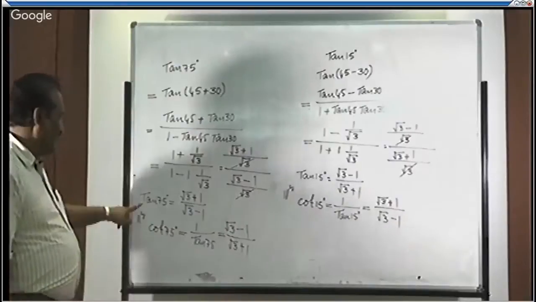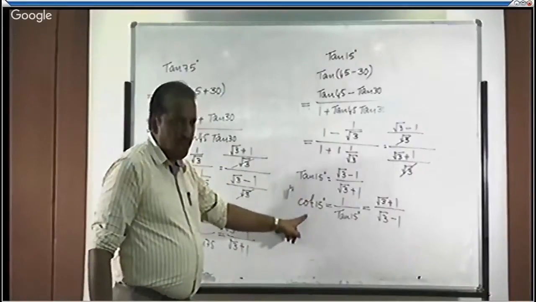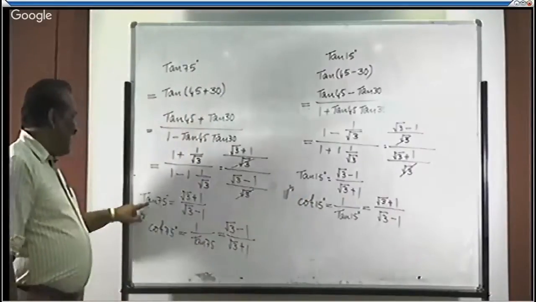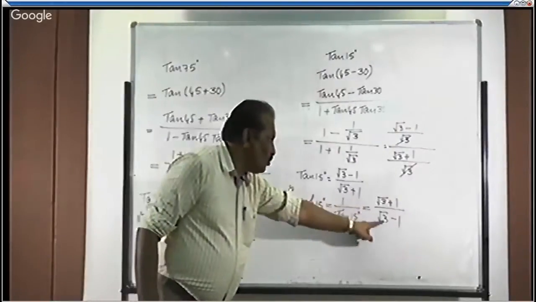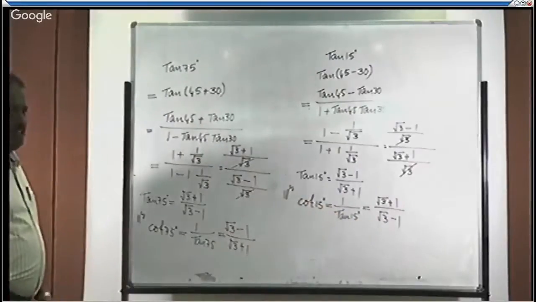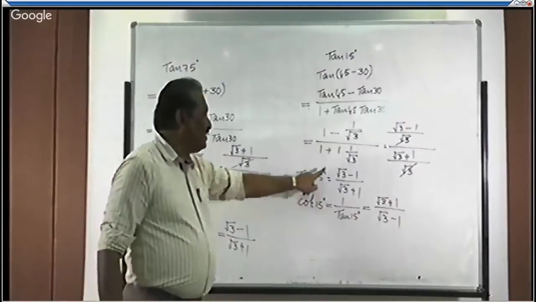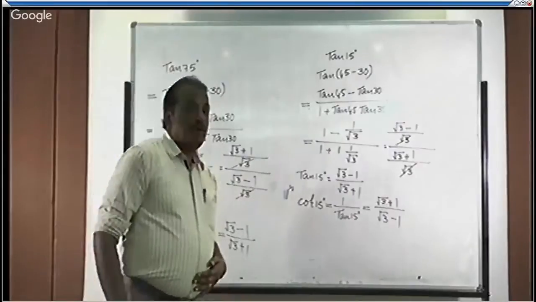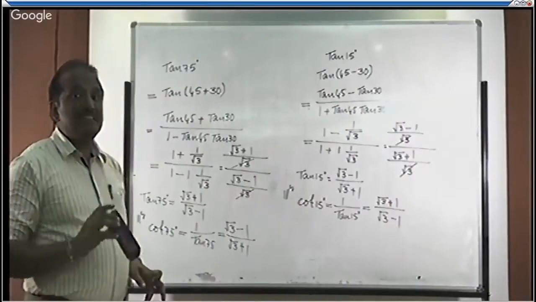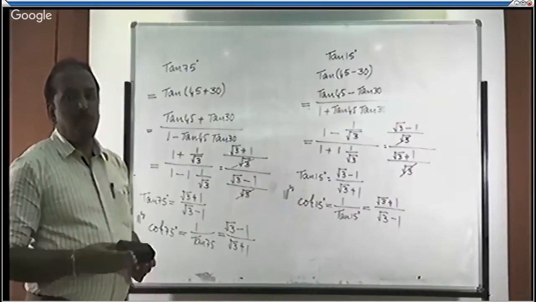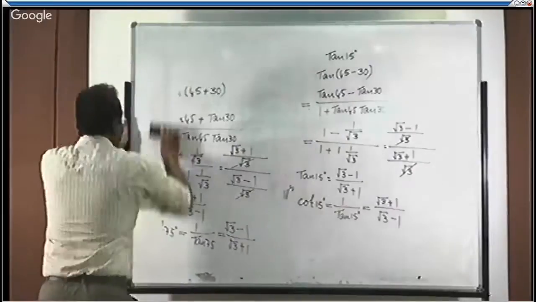Observe these four results: tan 75 degree, cot 75 degree, tan 15 degree and cot 15 degree. So you may get a conclusion: tan 75 degree is equal to cot 15 degree is equal to root 3 plus 1 divided by root 3 minus 1, right? Similarly, cot 75 degree is equal to tan 15 degree is equal to root 3 minus 1 divided by root 3 plus 1. These are not standard results, but if you remember these results in a well-defined manner, the problems we solve in the further classes may become very easy for you. That's why you just concentrate on the concept in this fashion.